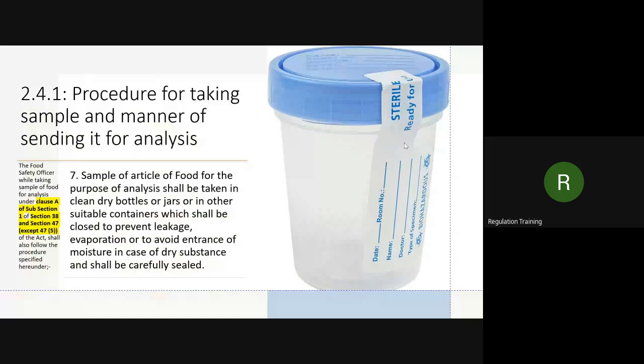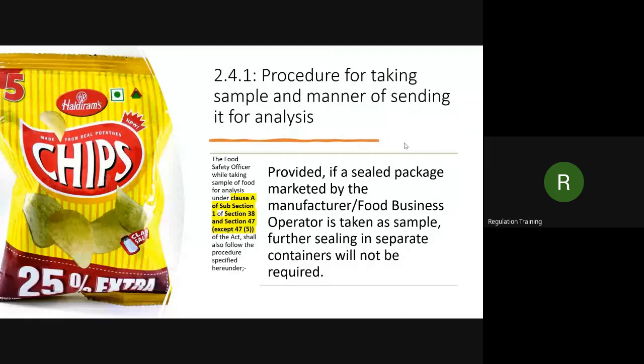Samples should be collected in a sterile bag or a sterile container. It should be leak proof. There should not be leakage. Airtight containers. So that is the meaning of this. Now there are two types of sample that will be taken. One is packed food that can be lifted, and another one is loose food. From the bulk quantity, some sample will be collected. So, packed food and loose food.